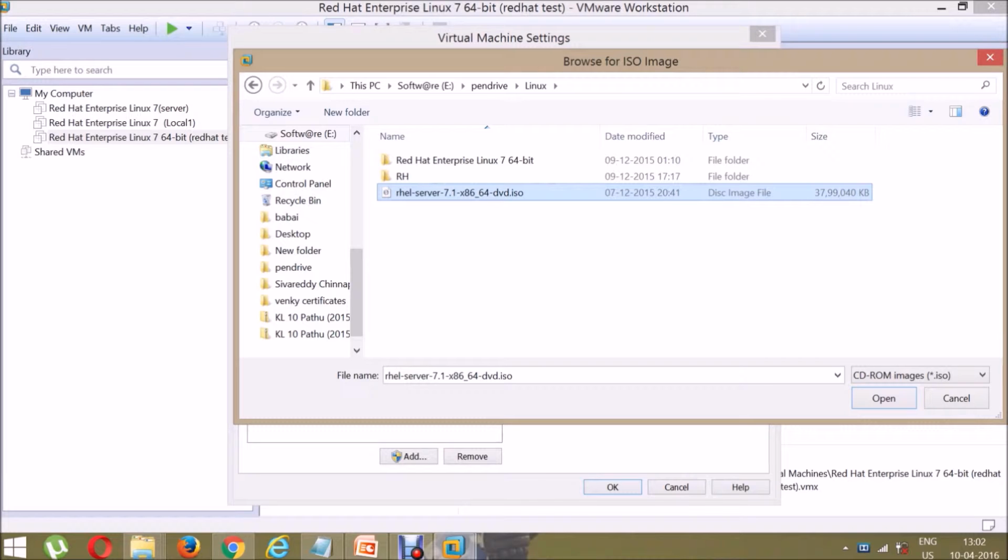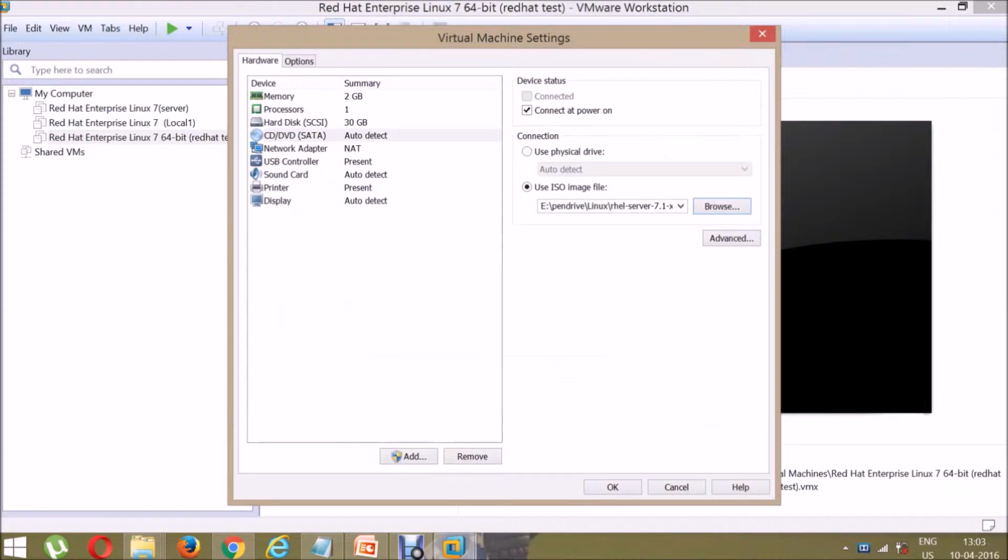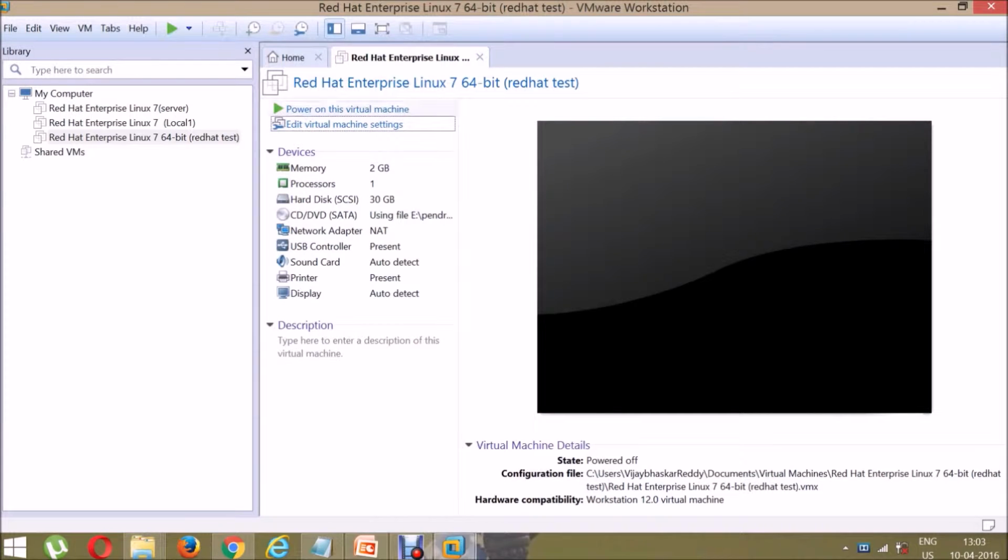Presently we are only getting the operating system of RHEL 7 with 64-bit only, not 32-bit. The 32-bit does not come on RHEL 7 by default, so we should use the 64-bit version of RHEL 7. So I have selected the OS over here and clicked on open file path for the VMware taken to the operating system of Linux. When you click on the OK button, now you can go for the installation of the Linux operating system.